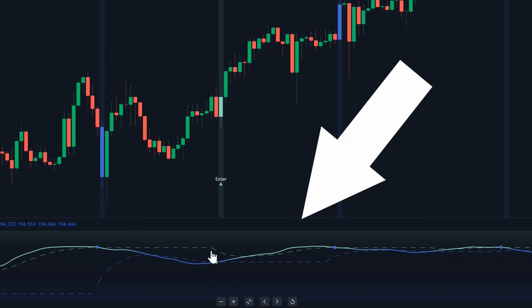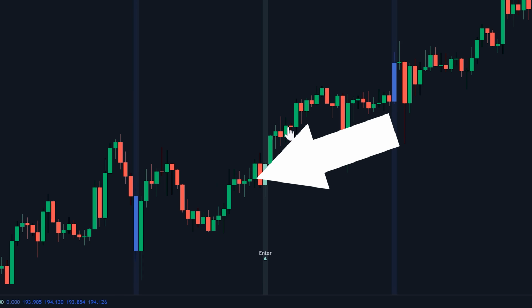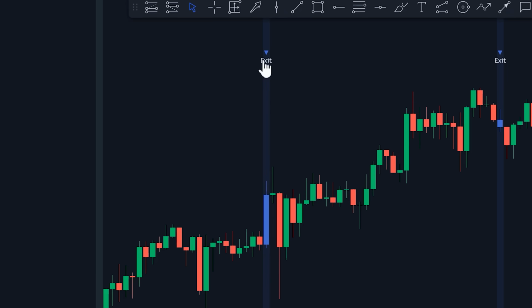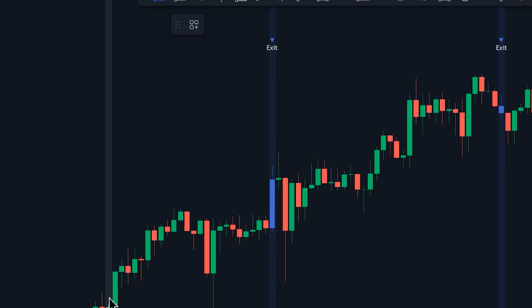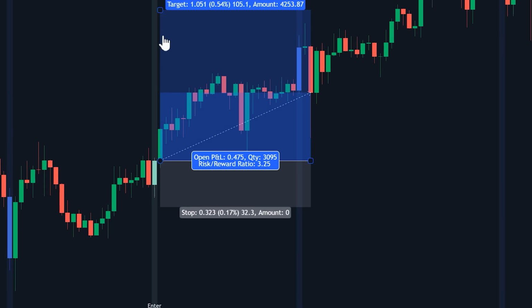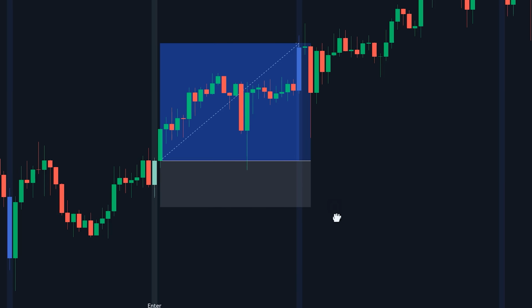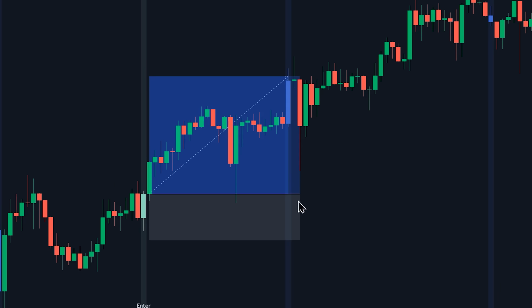So this indicator suggested that we should enter a long position here. A few candles later, it suggested that we should exit. If we were to take this position with the stop loss just below the entry candle, targeting the exit point suggested by the same indicator, well, you can see that this trade would have been profitable with a risk-reward ratio